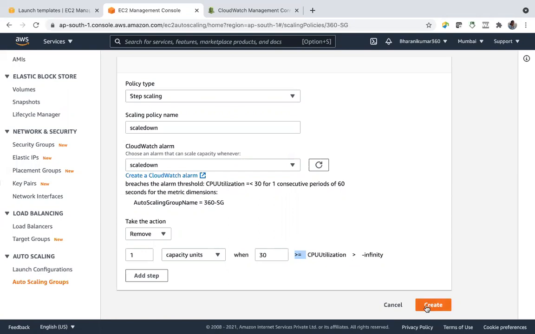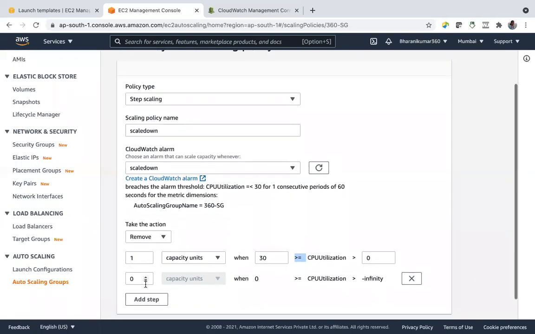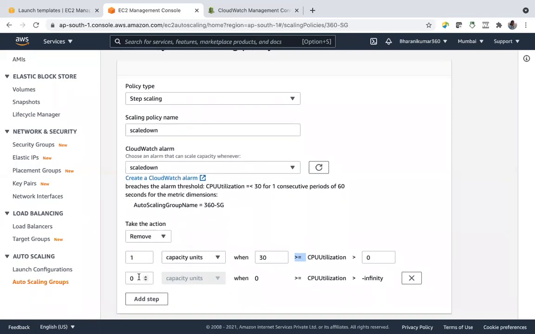Let's say create. So here you can add steps. That is the difference between simple scaling policy and the step scaling policy. I can add more steps. That means more policies. Suppose I can use the same policy for scale up also.